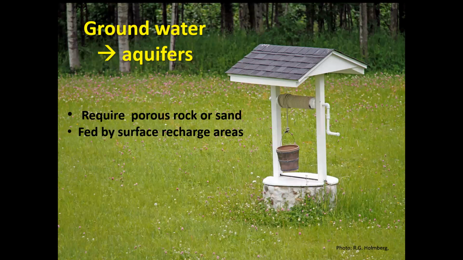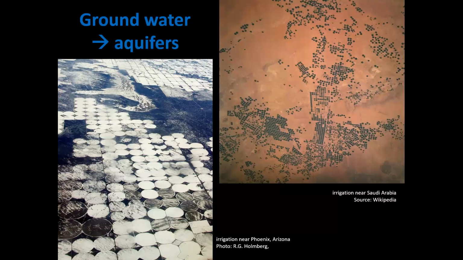Now, groundwater forms areas that we call aquifers, and they require porous rock or sand, and they're fed by surface recharge areas. Most wells go into either shallow or deep aquifers. These aquifers are tapped by humans, especially for agriculture. These are two depictions,